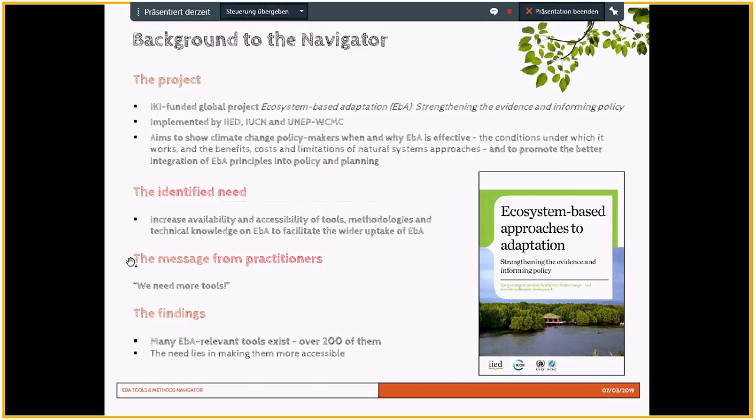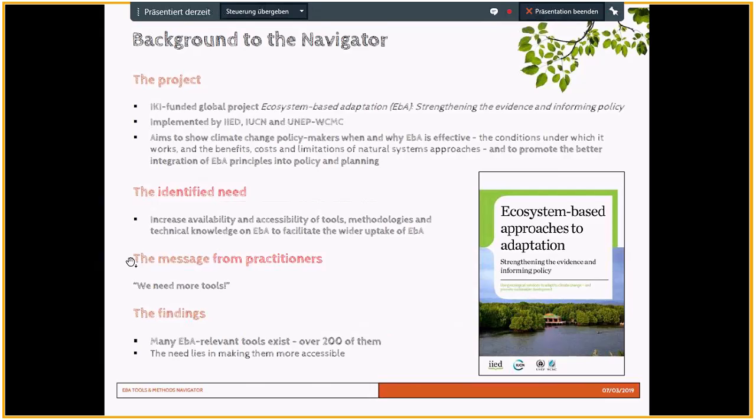So what needs did we identify throughout this project? From discussions with in-country project partners and surveys we conducted with the wider EBA community of practice, one of the barriers to the wider uptake of EBA was identified as being the availability and accessibility of tools, methods, and just general technical knowledge on EBA. So basically everyone was calling for more tools.